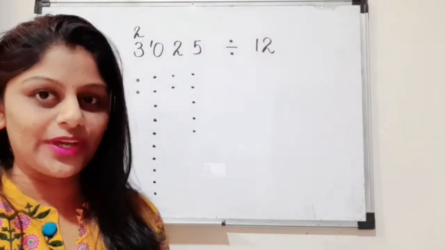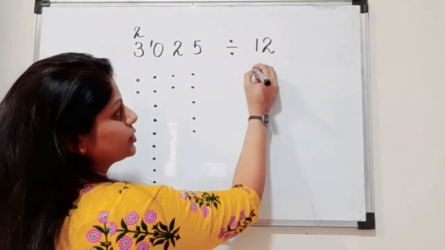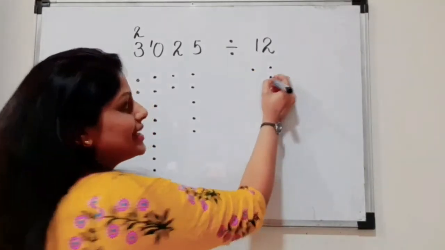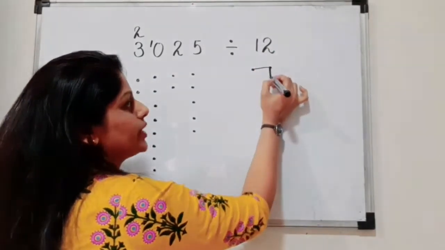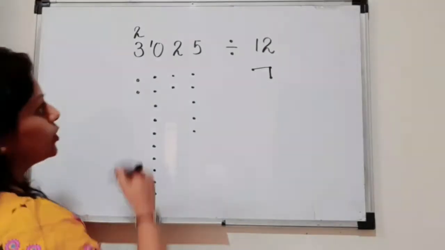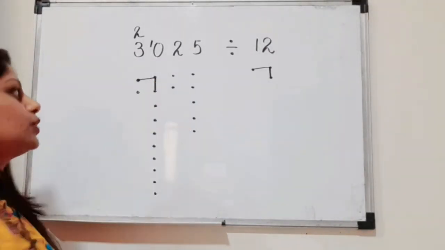Now we will join the lines. So for joining lines, which numbers we want? We want 1 and 2. Therefore we'll have 1 in one column and 2 in the second column, and on joining we should get something like this. Okay, so let's see how to join this. So in the first column we will take 1, and in the second we will take 2 dots.